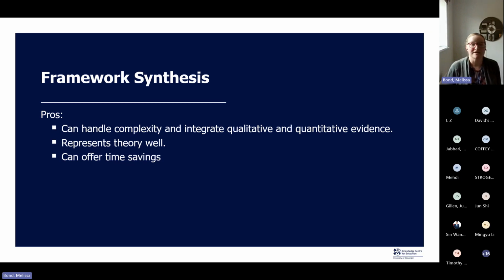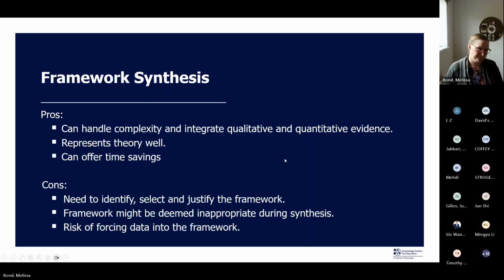Framework synthesis also represents theory really well, and it's a great way of structuring your evidence synthesis work and then also structuring your discussion section. And it can also offer some time saving, especially if you're already starting with a predefined framework.